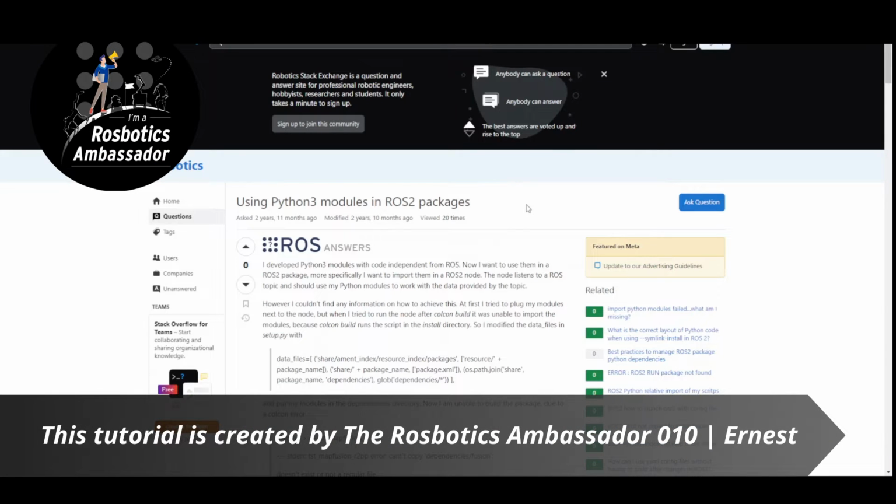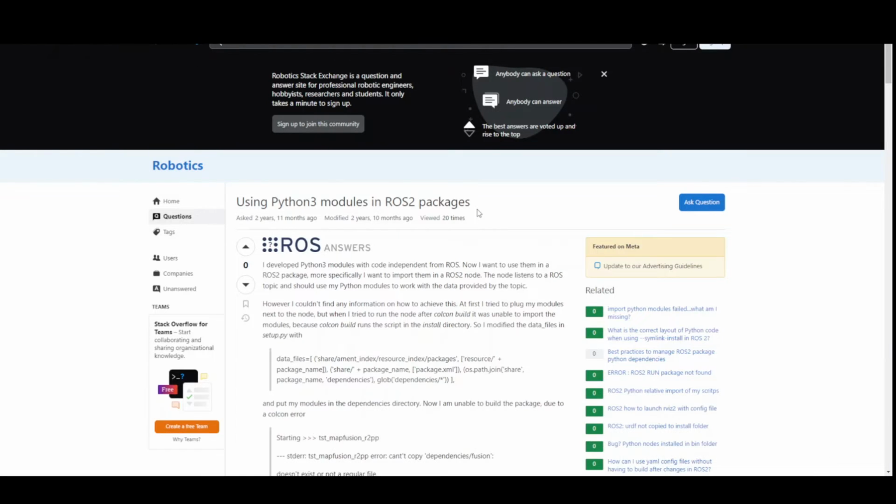Hi, in this tutorial I'll be answering this question here, and I'll show you how to import custom Python modules placed inside a standard ROS2 package built using the Ament Python system. So I'll show you how to set up the package architecture to have custom Python modules inside the ROS2 package, how to configure setup.py so that modules can be imported, and how to import modules and use them in a